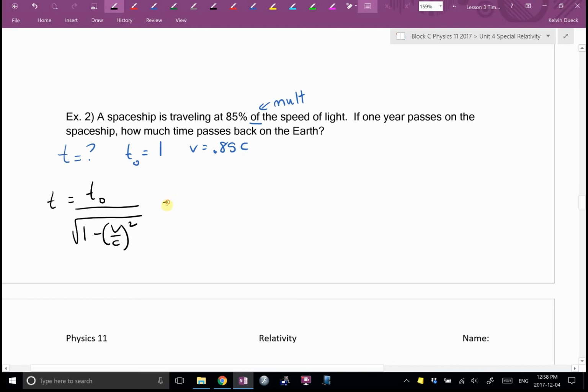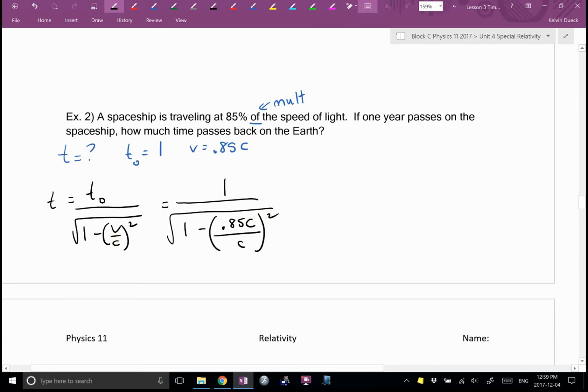All right. What was T0? Let's put a 1 there. Big square root. 1 minus. Christian, what was V? No, it's not what I wrote. Read to me exactly what I wrote. 0.85 C. Watch. Put your pens down, look up. Christian, what was V? And then what's on the bottom of this? Also a C? Squared.